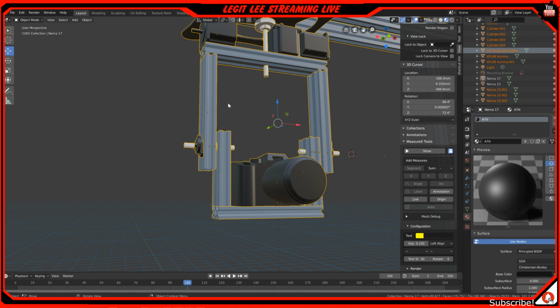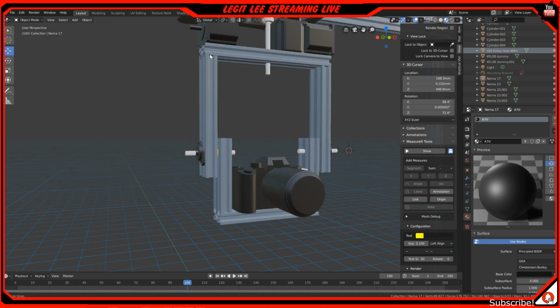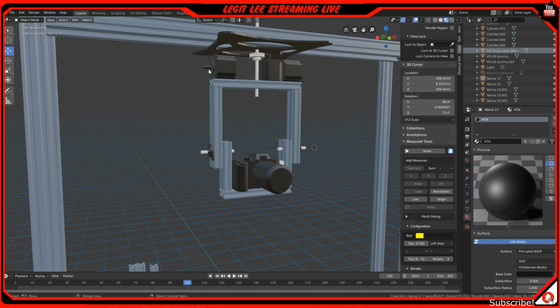But yeah, this design is going to be made so that I can do Z travel for this to move up and down. Well, not that, but these right here would all be able to move up and down. So, these,